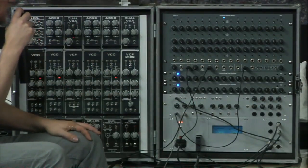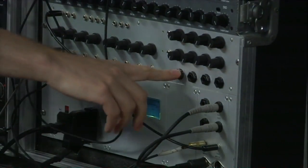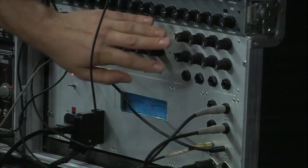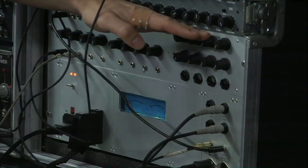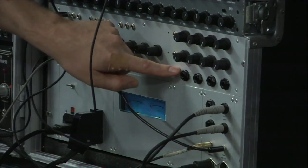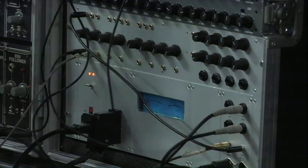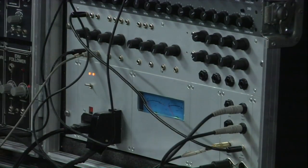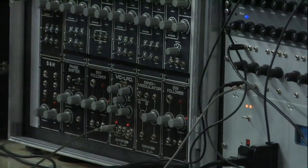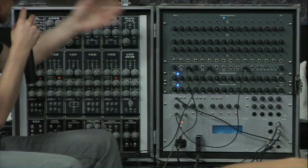So it's basically just a way of distributing signals within the machine. On the right side here, it's a little bit of a different story. This is basically 4 audio inputs. It's meant for audio because they are distributed here to the left side of the synthesizer, and this is distributed to the right side of the synthesizer. So I can go in with 4 different audio signals, and I can just go, okay, this goes to the left, this goes to the right, this goes to both, and this goes to here, and it will go into the synthesizer and come on here onto the envelope follower, so I can process external audio signals through the synthesizer, which is really nice